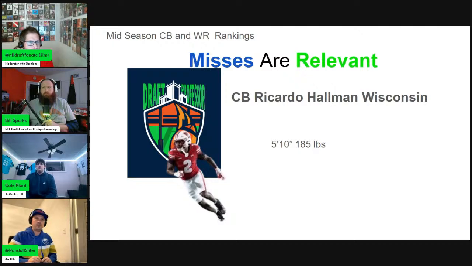Yeah, so I've watched Oregon and Alabama for Ricardo Hallman, so I have an idea of where I'd select him. He's like everything that Bill and Randall both said, with his coverage instincts, and where he should play is the slot. One key point I do want to point out is that he can get lost